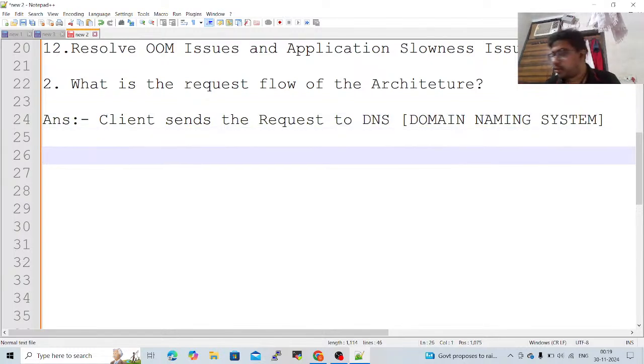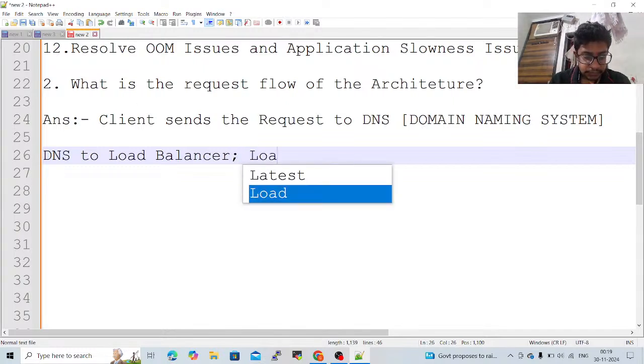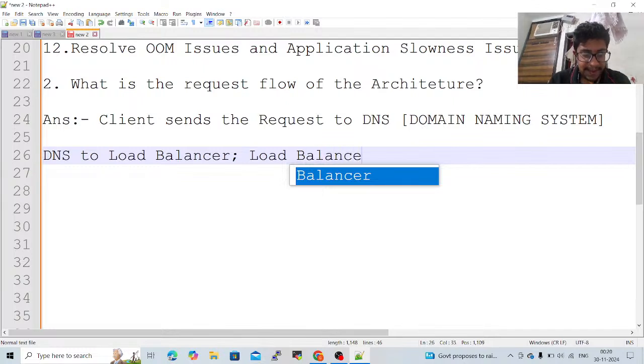Client sends request to the DNS, DNS to load balancer, load balancer to